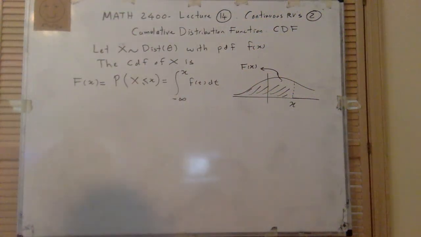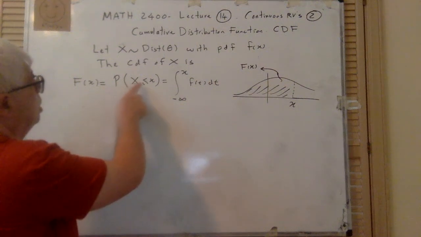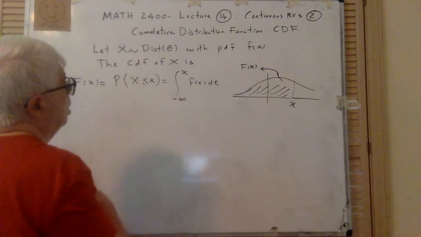Okay, Math 2400, Lecture 14, Continuous Random Variables 2. So the CDF, Cumulative Distribution Function, is: if X has some distribution with some parameters theta, with PDF f_X, and let's assume that X is continuous, then the CDF of X is denoted by capital F_X, which is the probability that X is less than or equal to x, and that is this